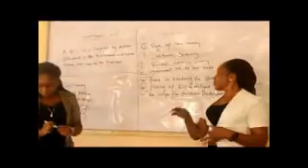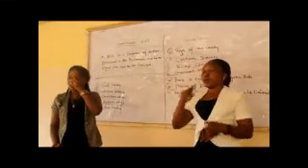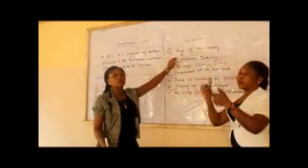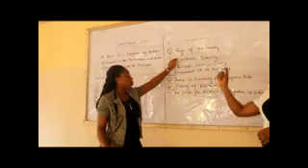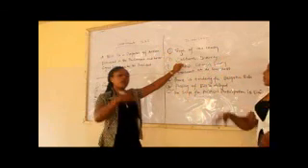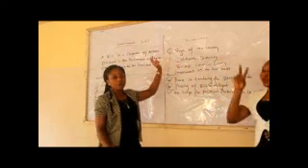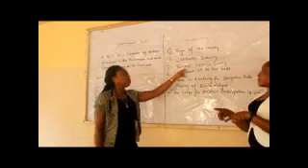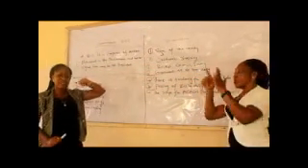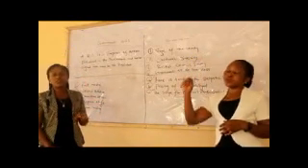Okay, so number 2B, they said identify the factors that led to the formation of federalism in Nigeria. 1, size of the country. So Nigeria will be too large to operate what, a unitary government. Then cultural diversity. Nigeria has about over 250 ethnic groups. These are some of the things they consider before operating a federal system of government. Then British Council policy. This was the London conference that was held in 1953. That was where they decided that Nigeria should adopt a federal system of government.